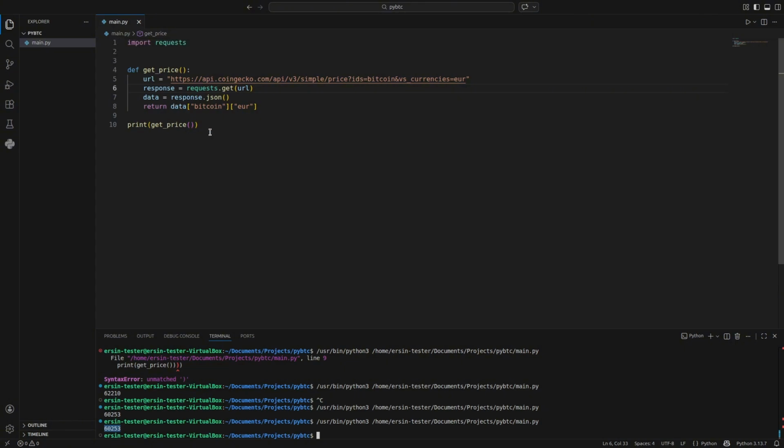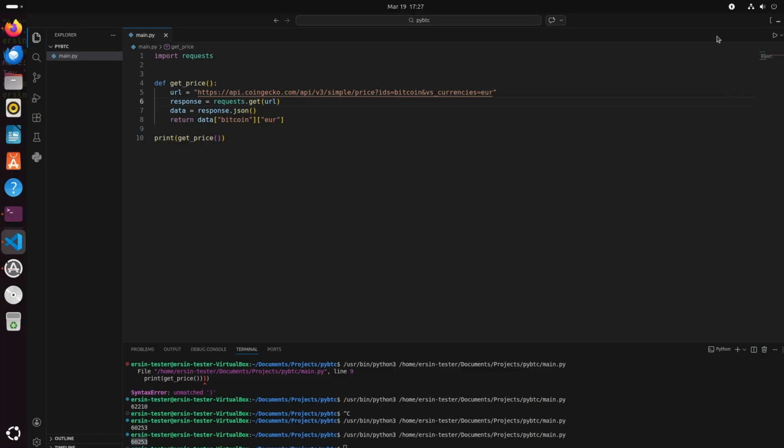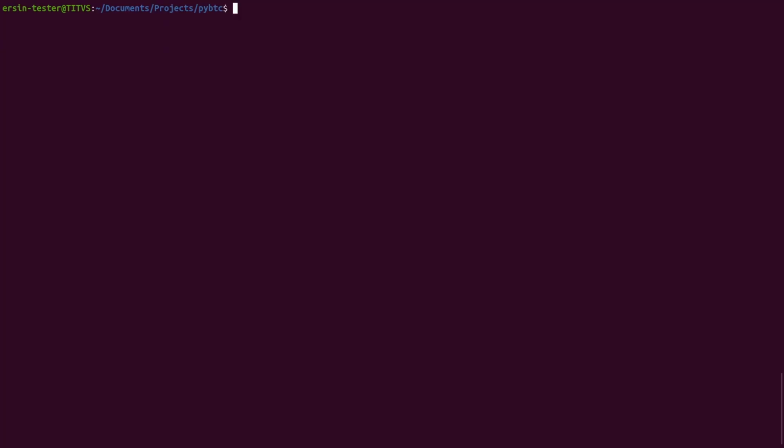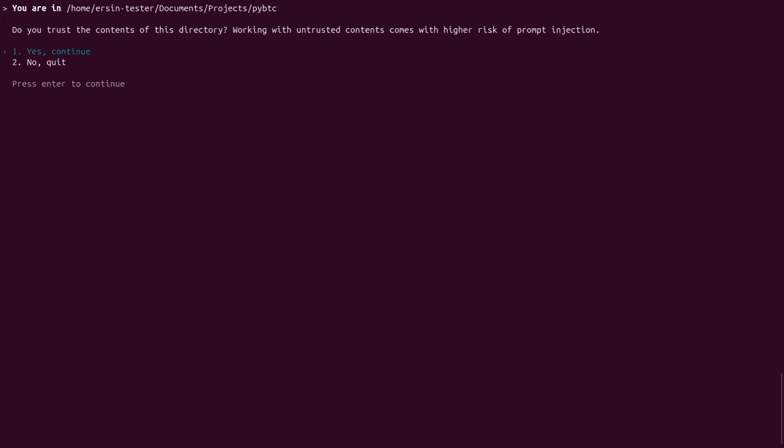But as you can see, there is no validation, there is no security side improvements, and we will check it with Codex.